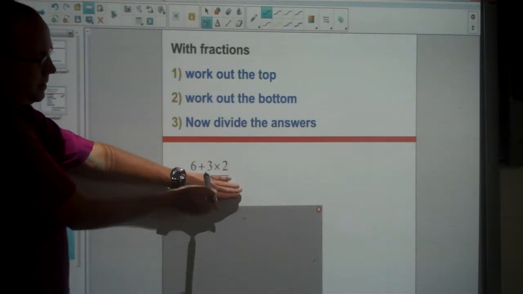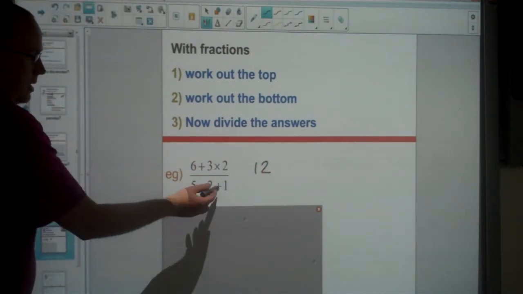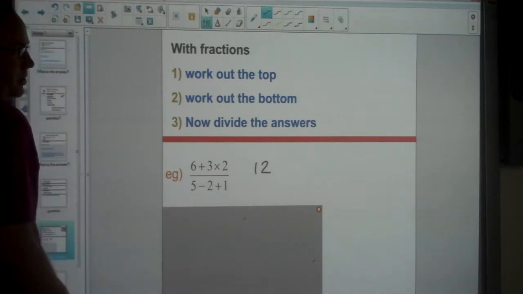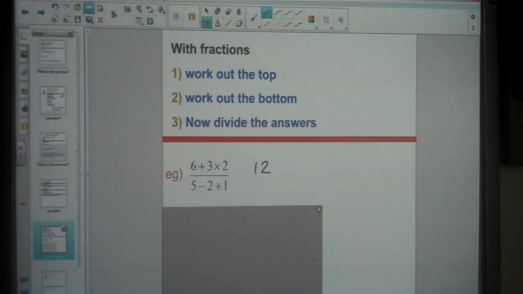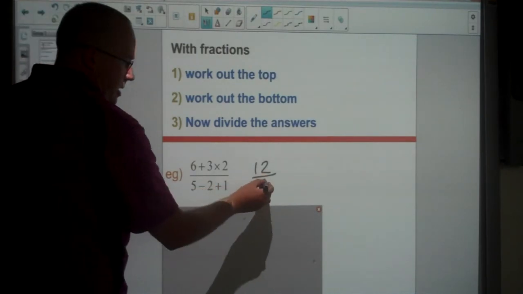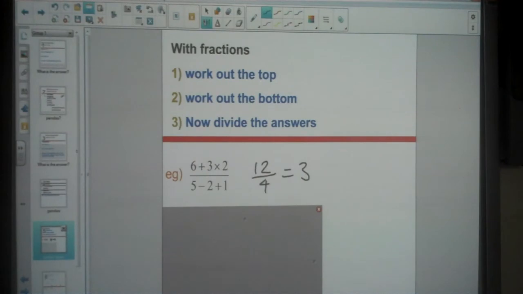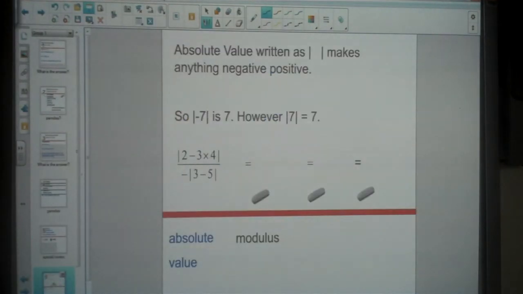So 3 times 2 is 6, and 6 plus 6 is 12. On the bottom here, subtraction and addition are at the same time. It's actually like our last question. So we're just going to go left to right. So 5 take away 2 is 3, add on 4 is 7, and then if we divide them, we just get 3. Now absolute value,